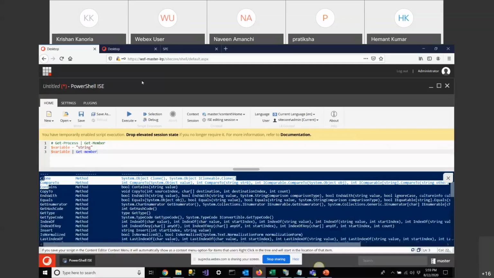This way, I can get the member details of each and every variable, whether it is a string or int.